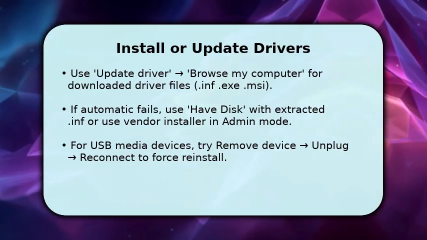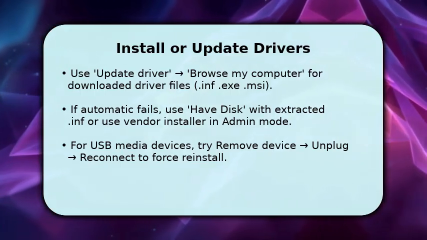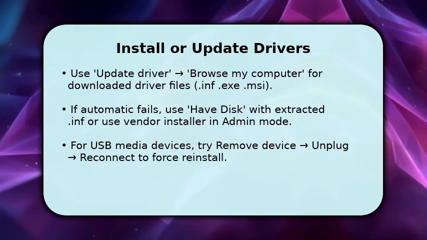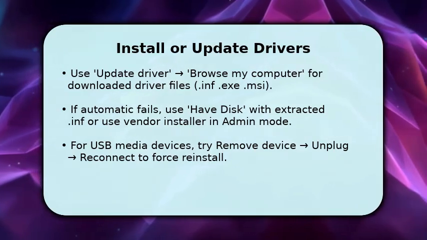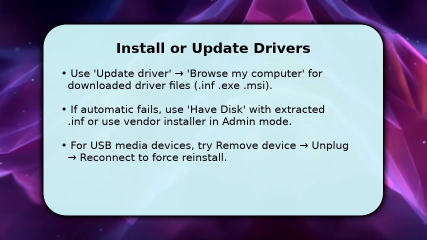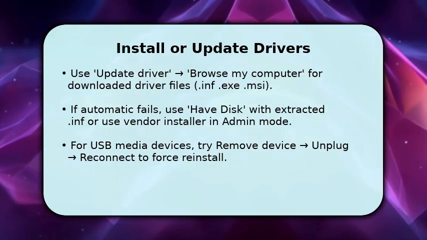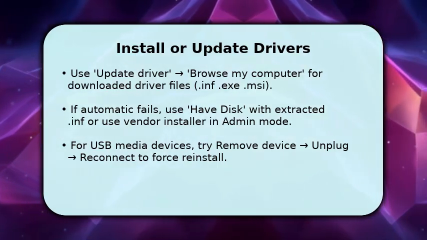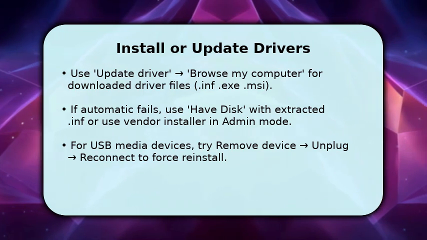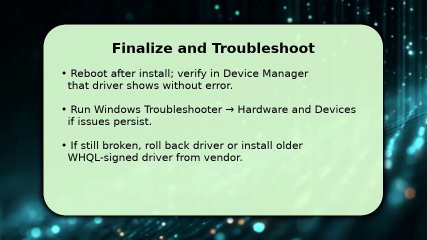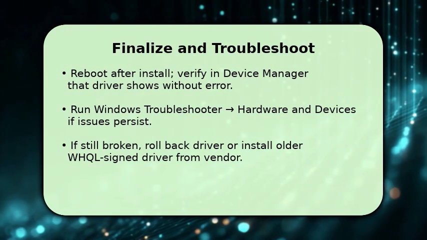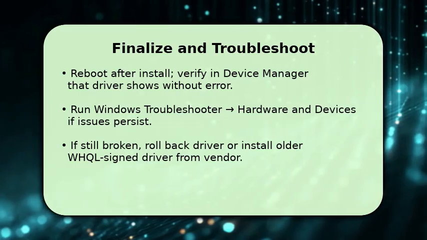That forces proper binding. For USB media devices, uninstall the device first, unplug the cable, wait 10 seconds, then reconnect. Windows will re-enumerate and apply the new driver. Finish by rebooting so the new driver loads cleanly. After restart, confirm in Device Manager that the media device reports no errors and that the correct driver provider is